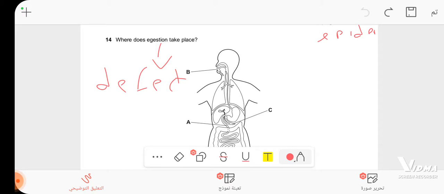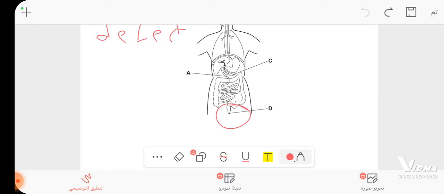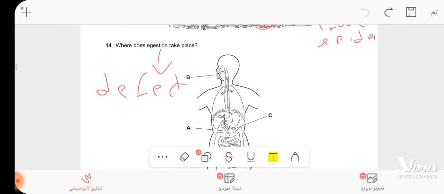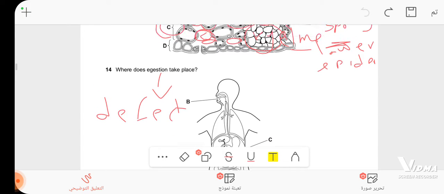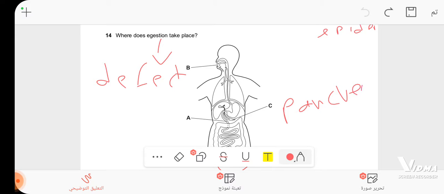Defecation, or the excretion of waste products or undigested food, at D. Because here ingestion occurs at B, and excretion at pancreas at C. C is the pancreas, and B is the mouth, and A is the duodenum. Here ingestion,